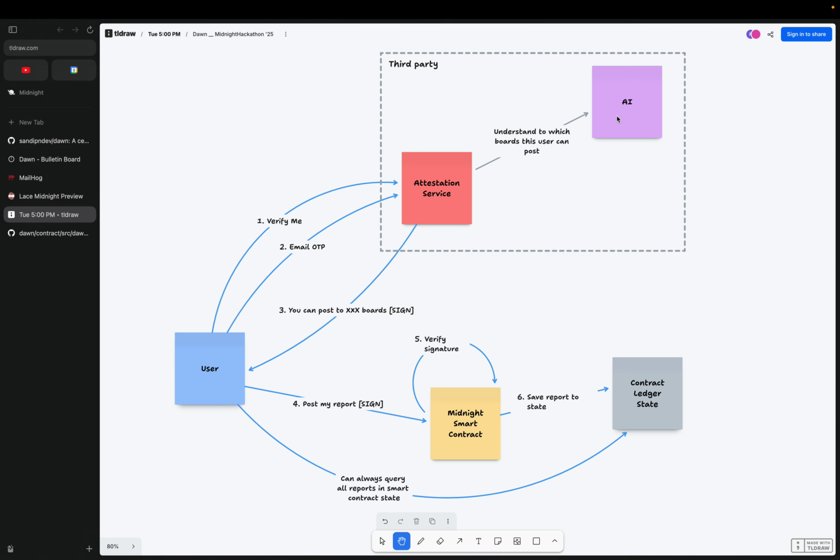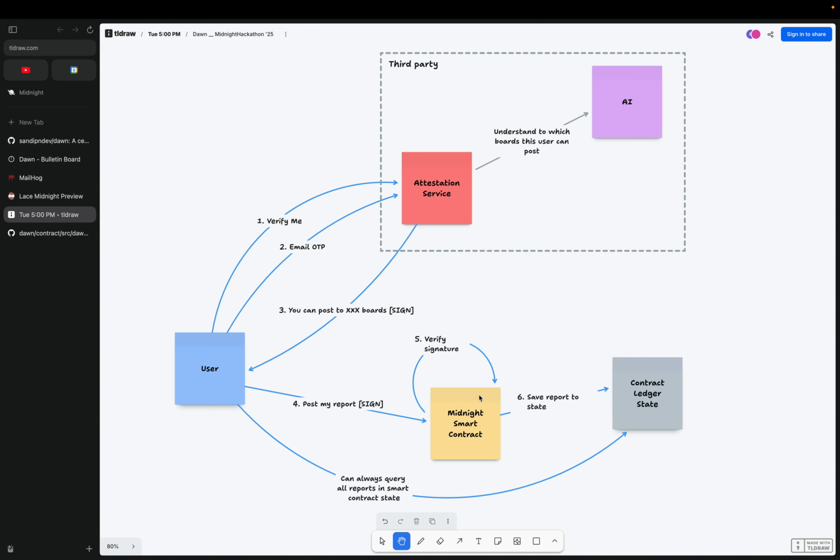It's internally using an AI via the email, and it's checking, based on your email, which board you can post to. And then you have to send your OTP over to the attestation service, and then it's going to grant you an attestation signed board proof, and that is what has to be given to the smart contract,